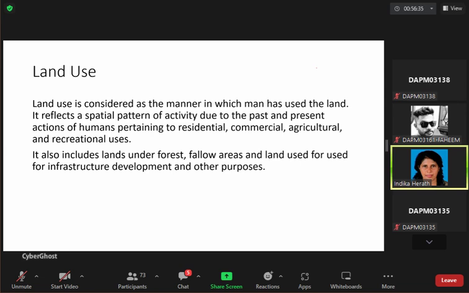So it includes, it reflects the spatial pattern, that means over the period of time. Spatial means from one place to another, right? So that is the spatial difference, right? It reflects the spatial pattern of the activity and due to the present and the past actions by the human. It can be residential, commercial, agricultural, and